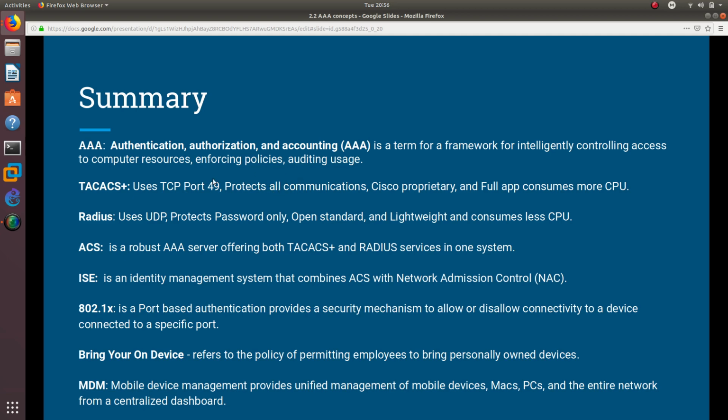That's the big difference between TACACS and RADIUS. And also that TACACS uses TCP and RADIUS uses UDP. It protects all communication. It's owned by Cisco, but I heard it is now open source, so anybody can use it. And it is a full app, so therefore it consumes a lot more CPU. And TACACS is for device access, to provide access to admins,